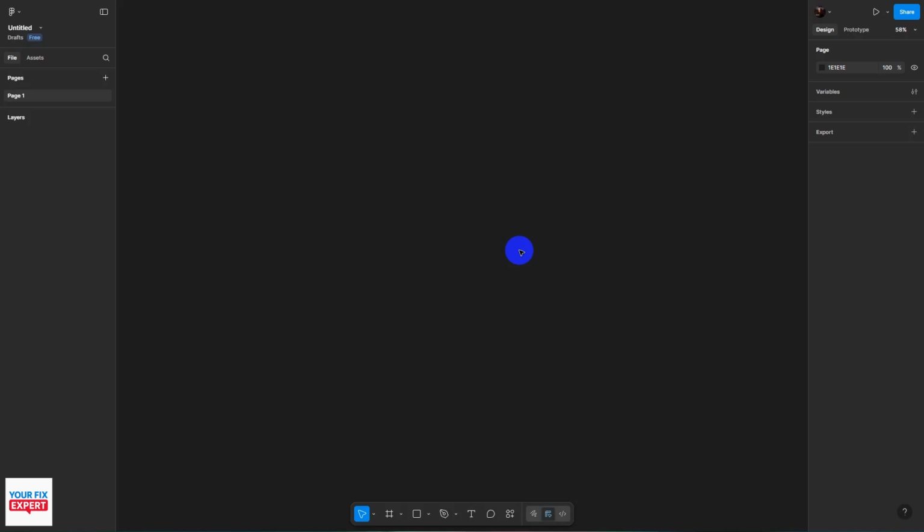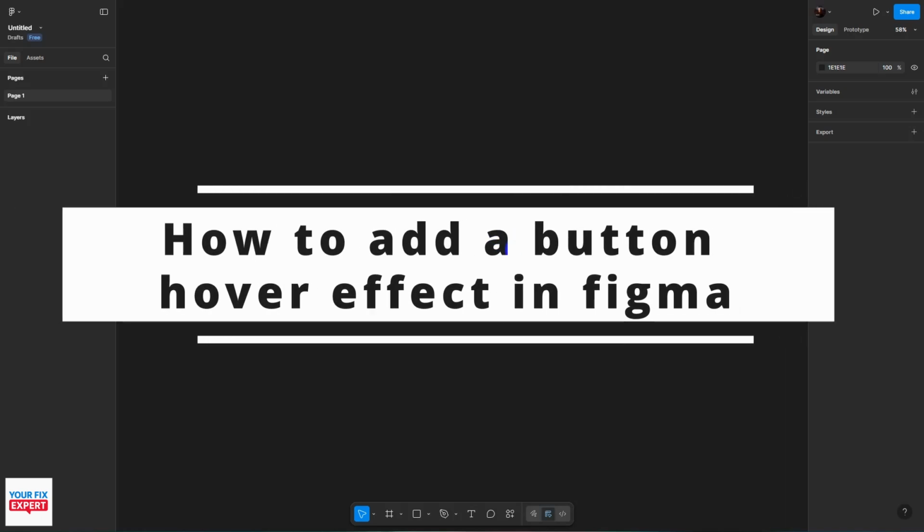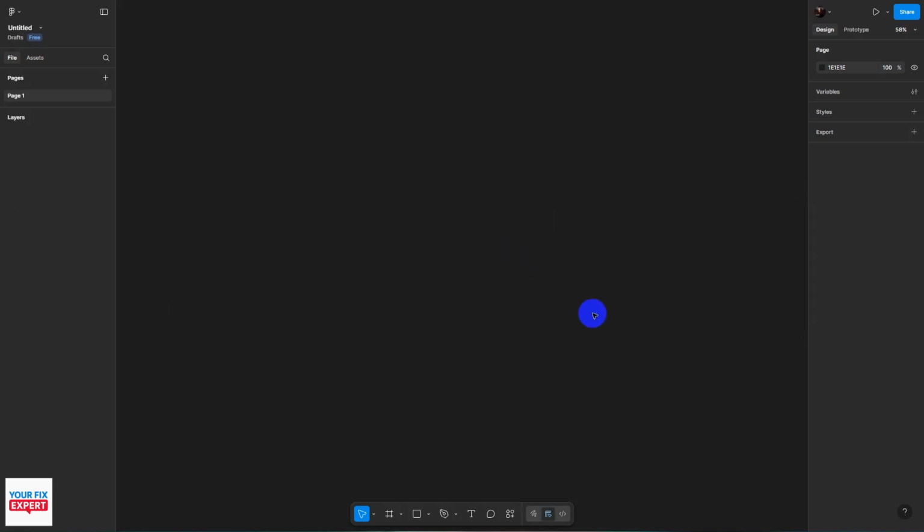In this video, I'll show you how to add a button hover effect in Figma. Now guys, pay close attention. I would say follow along with me and pause where you need to. Let's get into it. So the first thing that we're going to do is click on the